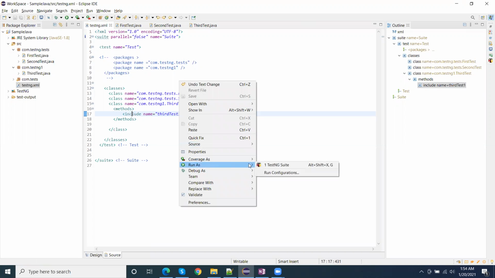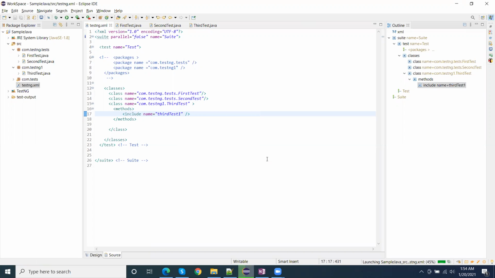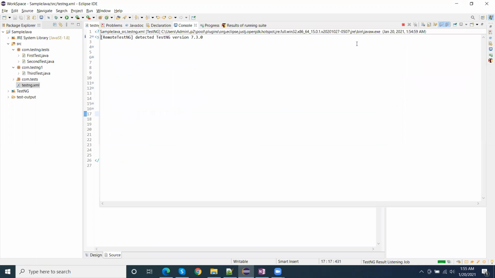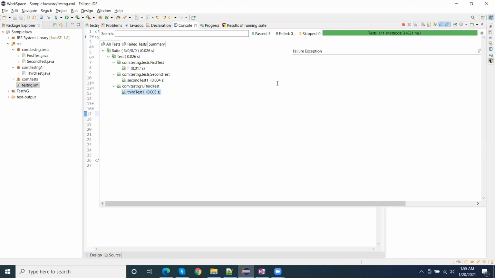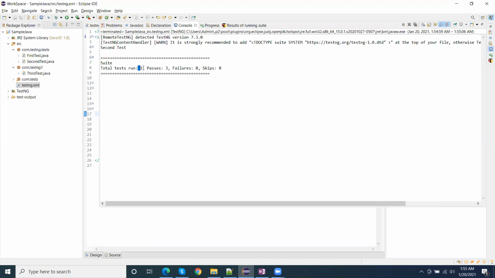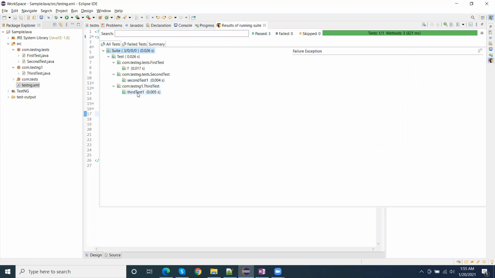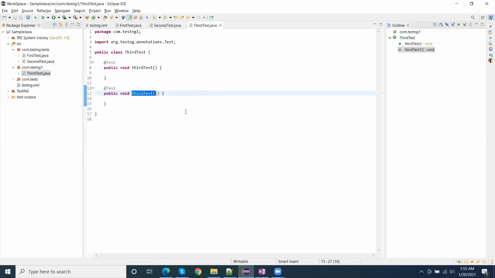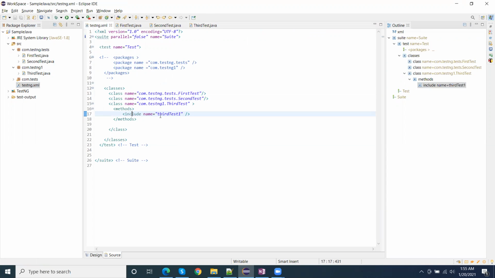That's why all the tests were executed. Okay, now you can see here three tests are executed, and within the third class only third test one is executed. Right. So we can include the test and also we can exclude the test.